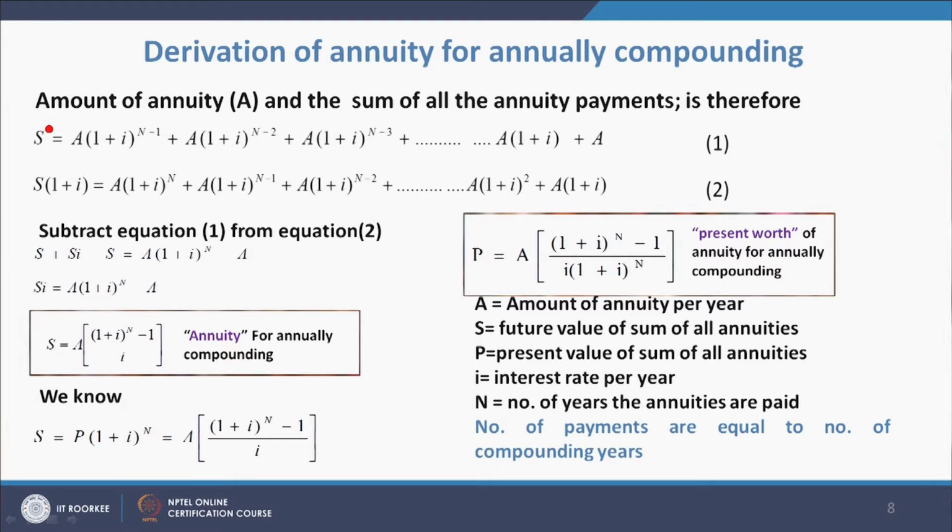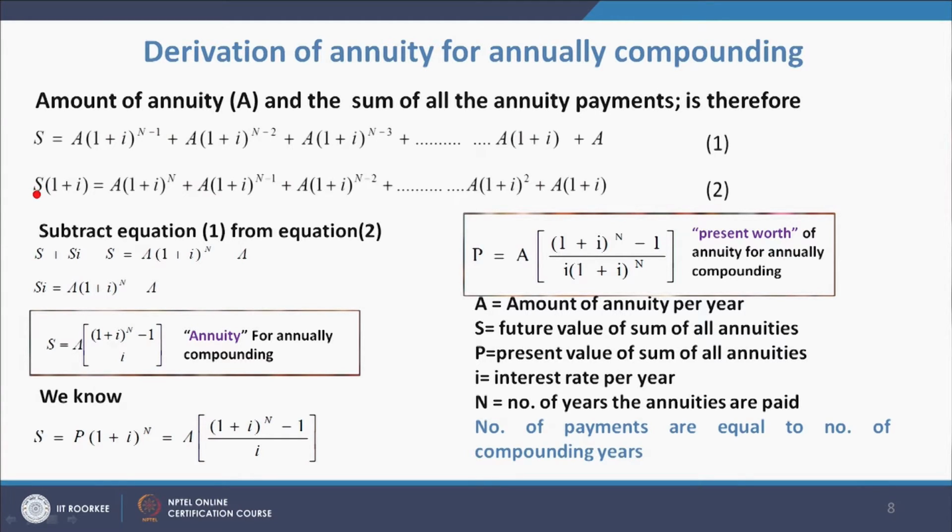Now, we can write S, the sum, that is, the future value of all the annuity payments made for an ordinary annuity, is equal to the annuity A into (1 plus i) to the power n minus 1, plus A into (1 plus i) to the power n minus 2, and so on and so forth, A(1 plus i) plus A. Now, if I multiply (1 plus i) with the left hand side as well as the right hand side,